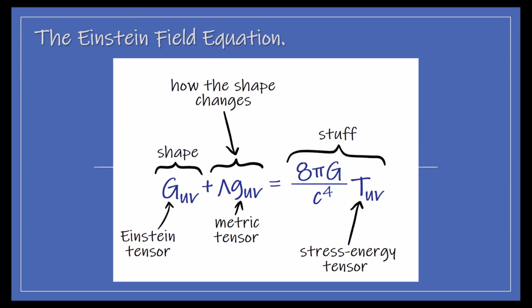So what this implies is if I've got a lot of stuff, the curvature, that's the shape, is going to be big, and it's going to evolve slowly. If I have a little bit of stuff, the shape is not going to be as dramatic. It'll be flatter, but it can evolve more quickly because I don't have a lot of stuff holding it back, and it's not being warped. Okay? Conceptually, it's a pretty simple idea, but it takes us a little beyond what we're used to